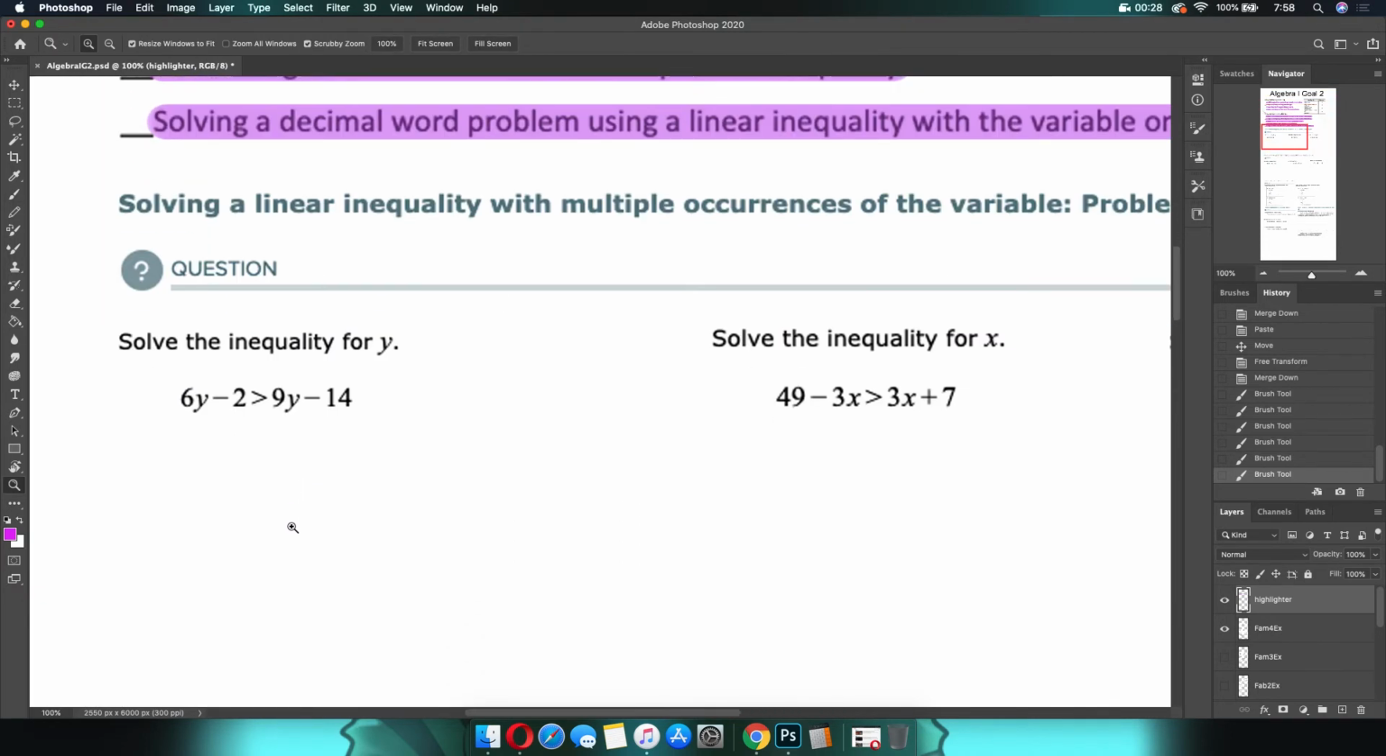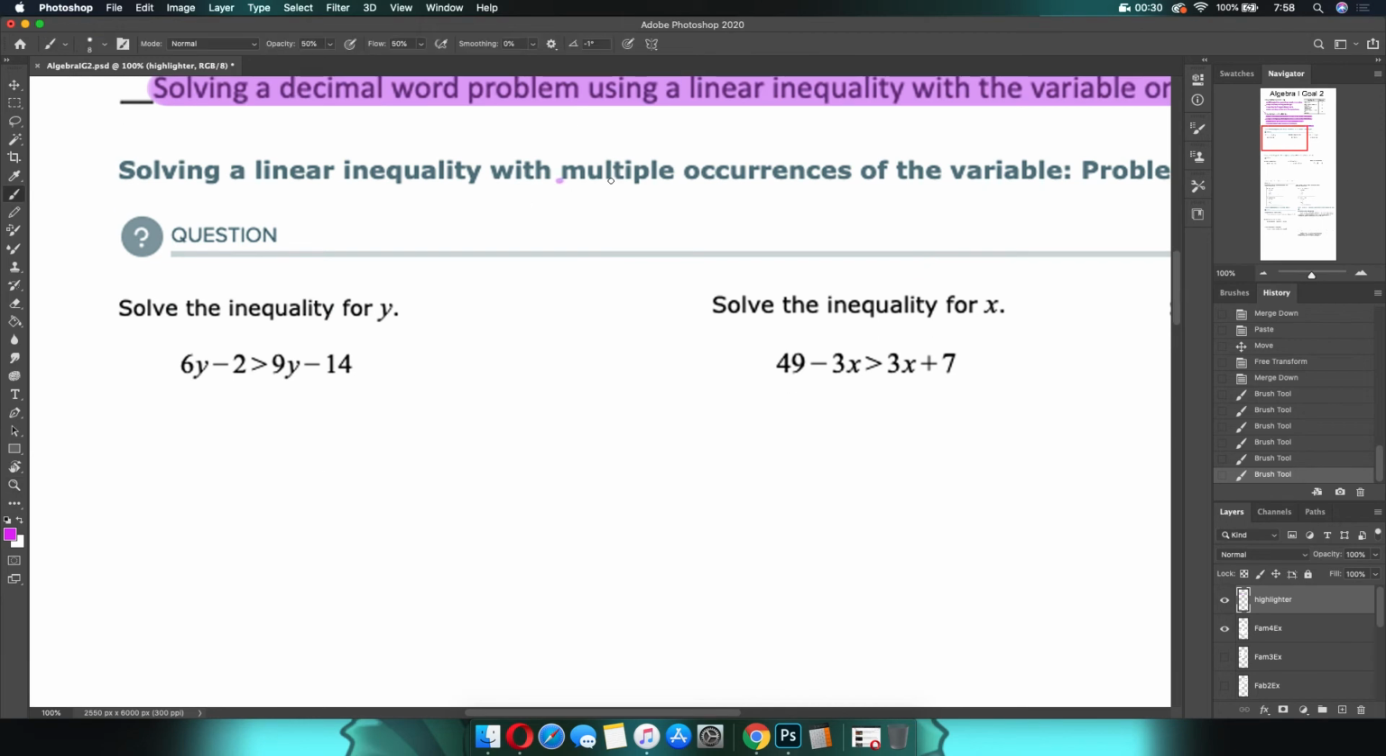a little bit. When they say multiple occurrences of the variable, what that means is that your variable actually pops up more than once. So you can see here we have a 6y and we have a 9y. So we now have to make a decision. How are we going to get them on the same side? And in point of fact, there's a little cheat sheet that I can give you guys to help you go